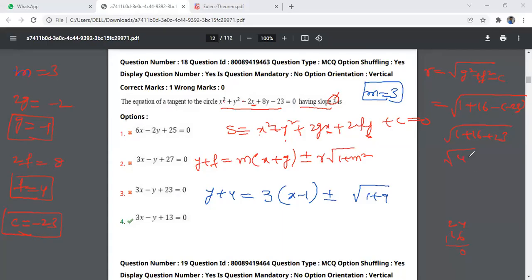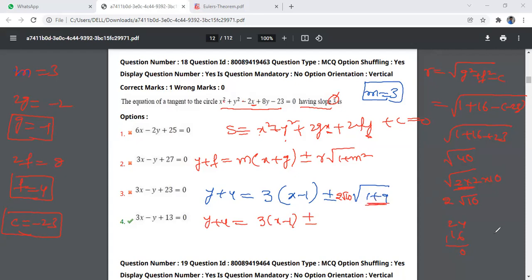This root 40 means I'm writing 2 into 2 into 10. So if you take 2 out from these, this will become root 10. So here I'm writing 2 root 10. So y plus 4 is equal to 3 of x minus 1 plus or minus, this is 9 plus 1